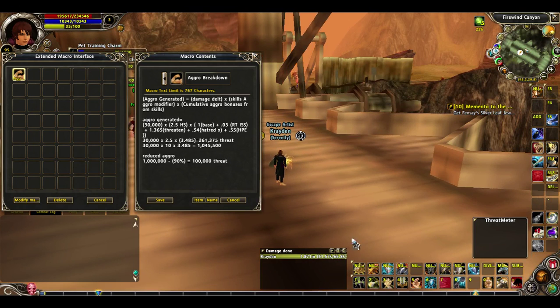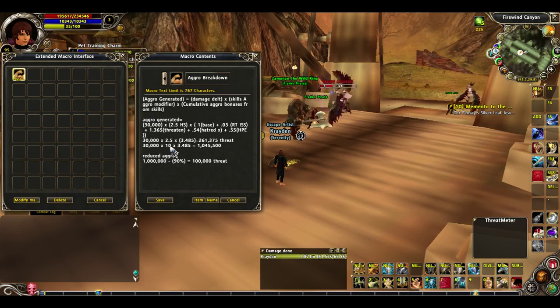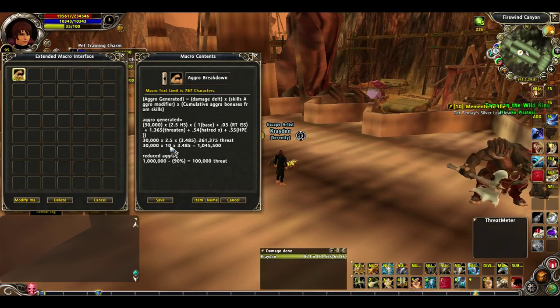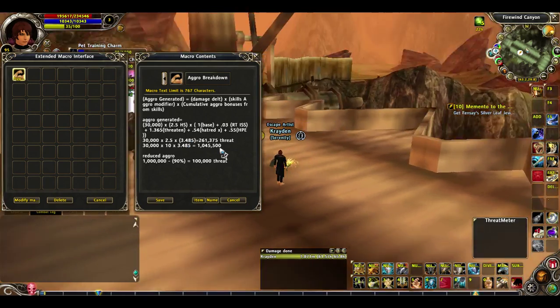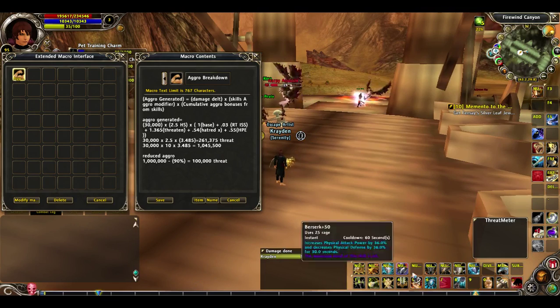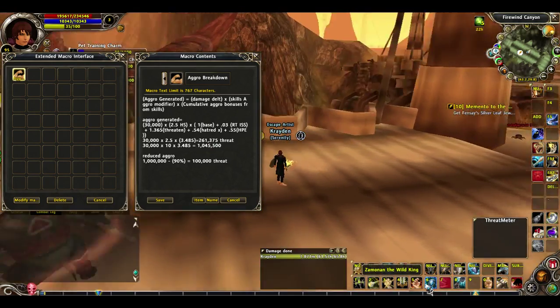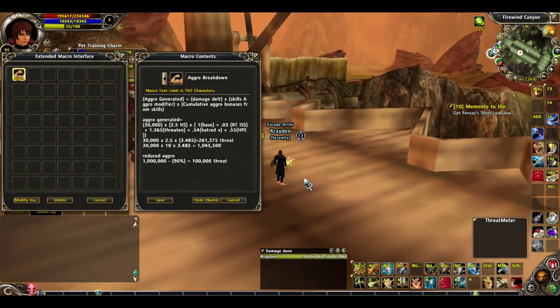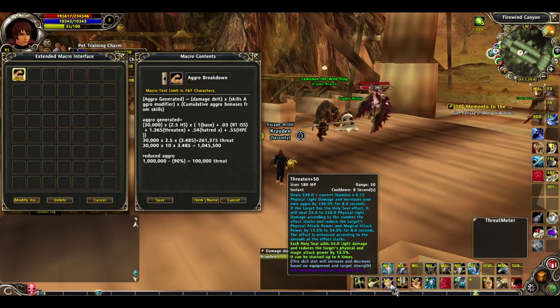Now if you use Whirlwind Shield and it also hits for 30,000, you do 30,000 times the 10 times aggro modifier times the same aggro bonuses, and you get 1 million threat generated. So that means that Whirlwind Shield is a lot better skill to use, so use that every chance when it's up. But I will advise to use Whirlwind Shield only when the Threaten buff is running,